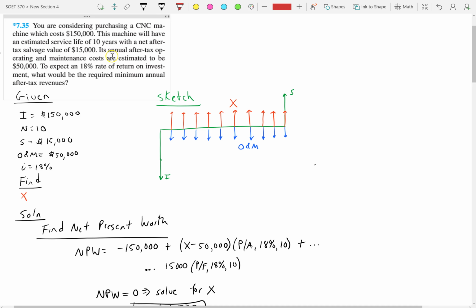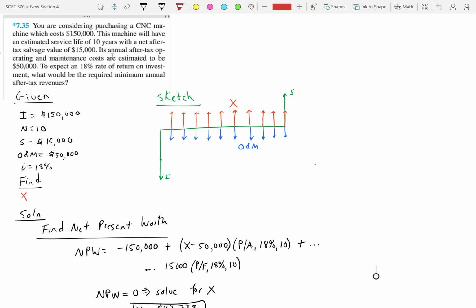Okay, so here's the first problem. You're considering purchasing a CNC machine which costs $150,000. The machine will have an estimated service life of 10 years with a net after-tax salvage value of $15,000. Its annual after-tax operating and maintenance costs are estimated to be $50,000. To expect an 18% rate of return on an investment, what would be the required